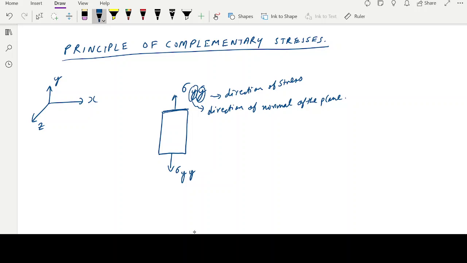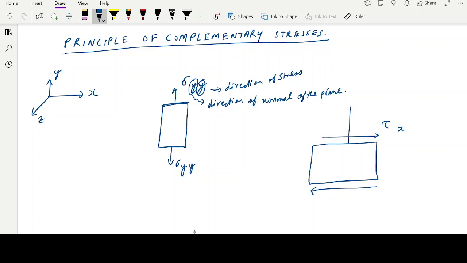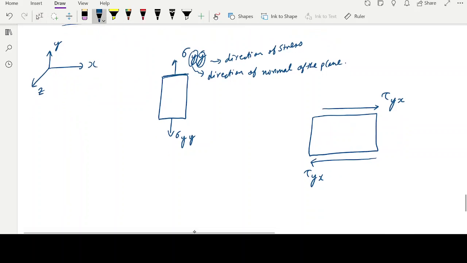Okay, so moving ahead, these are two stresses which act, and then there is one more stress which we studied, that is the shear stress or the tangential stress, which is denoted like this. So this is tau. This acts in the x direction and its normal is in the y direction. Tau yx. Okay. Now this shear stress,